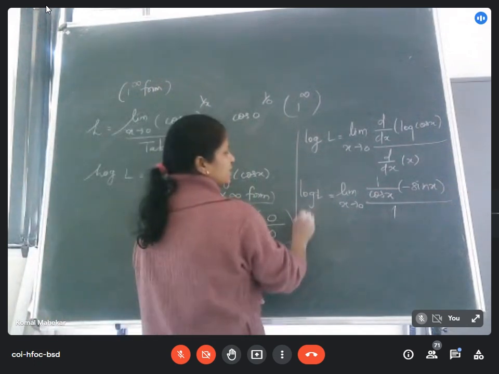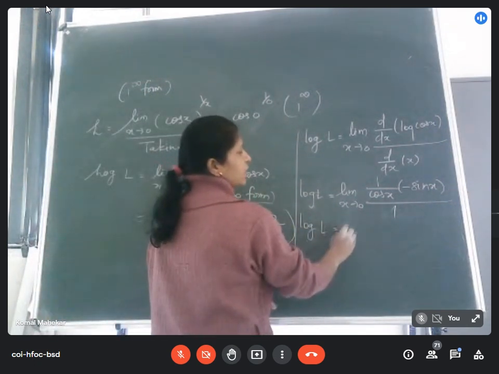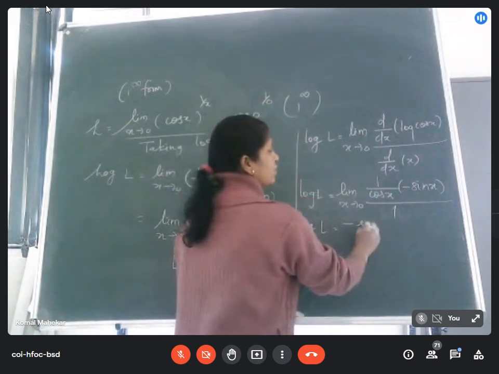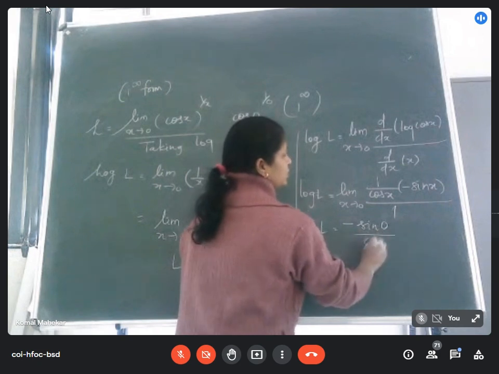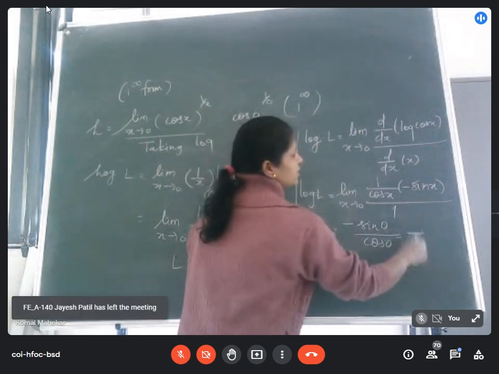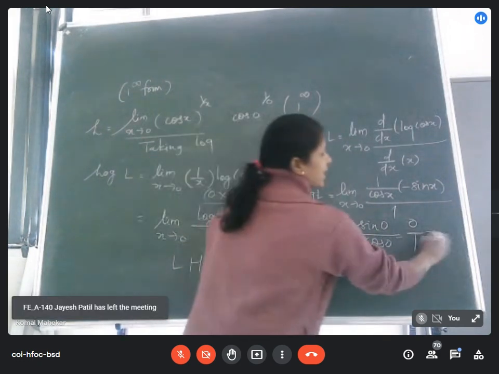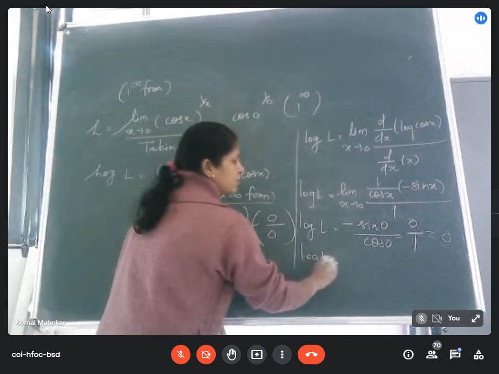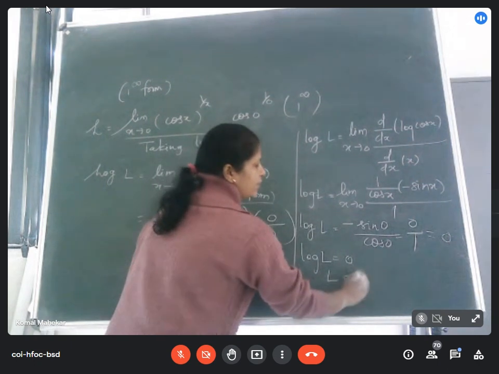Now if you put x is equal to 0, we get log of L is equal to, here you will put x is equal to 0. This becomes minus sin 0 divided by cos of 0. Now cos of 0 is 1, sin 0 is 0. So right hand side value is 0. Okay. So we get log of L is equal to 0 and therefore L will be e raised to 0,